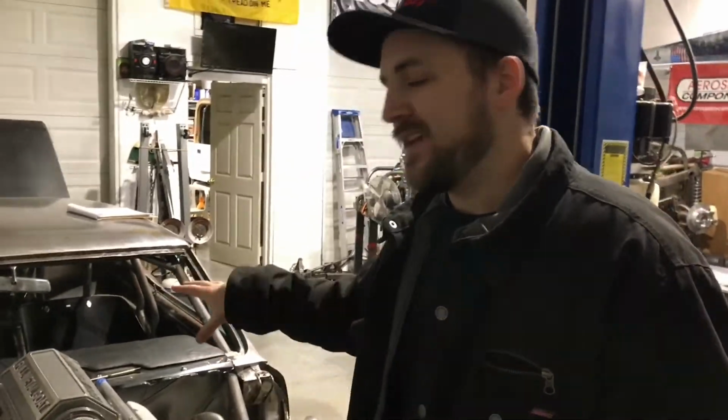This car is a multi-purpose car. I get tons of questions of where we're going to be racing, what we're going to be doing with it, are we going to be street driving it? Yes to all of the above, okay? Now, there's an extreme problem when you try to take a race car and also do street car stuff with it. Your car has to be a transformer just about, okay? So it has to transform into multiple different types of vehicles